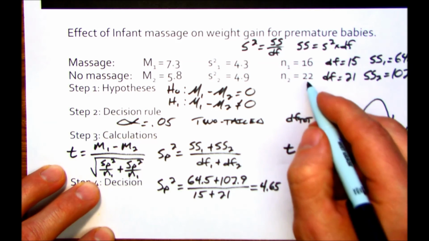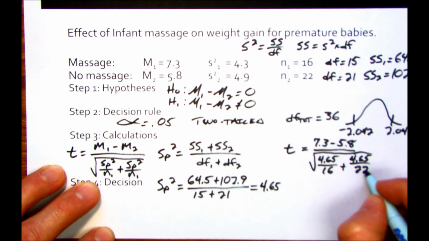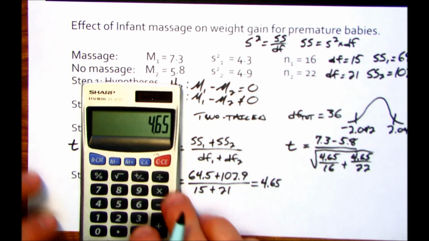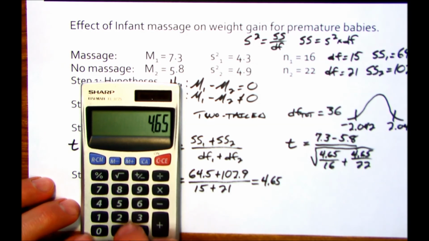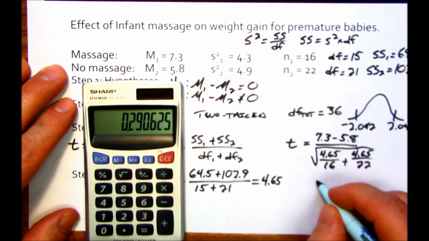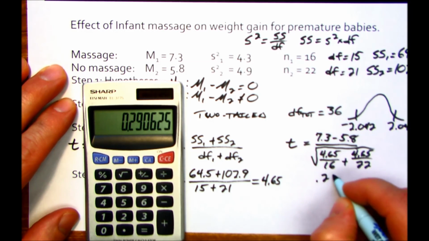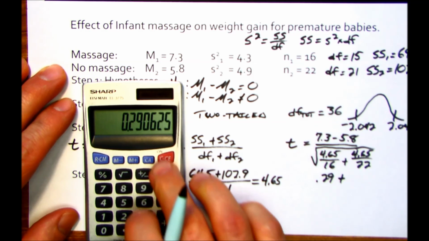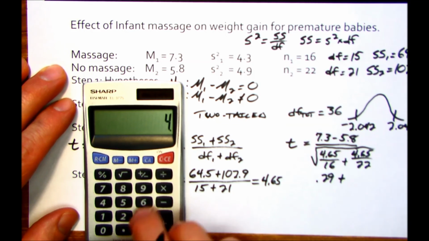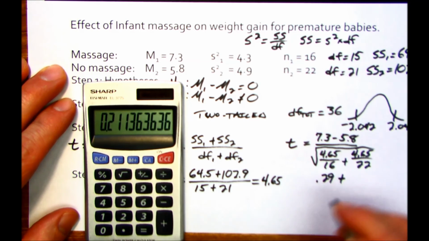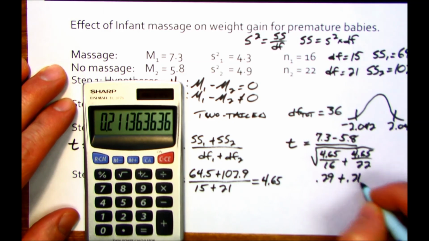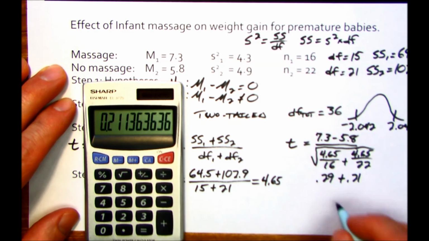And then divide by this sample size, which is 22. 4.65 divided by 16 is 0.29 plus 4.65 divided by 22, 0.21. We add those together, we get 0.5,